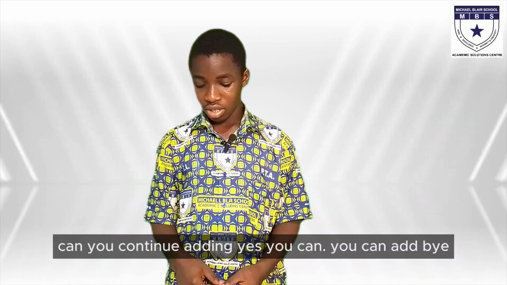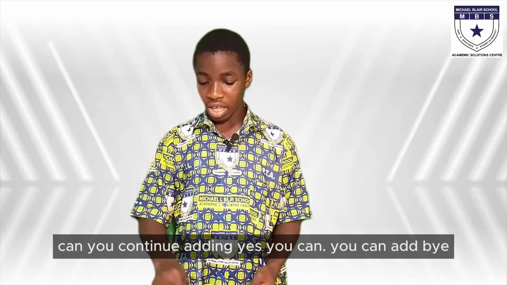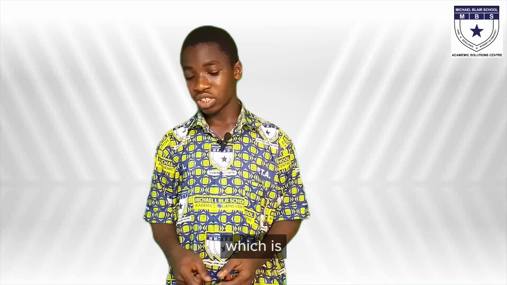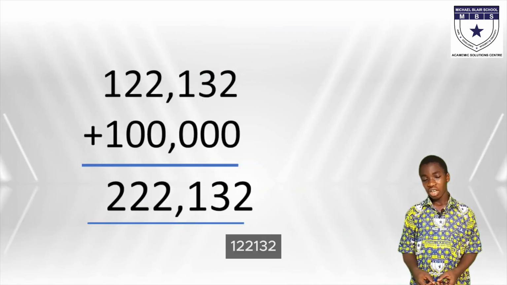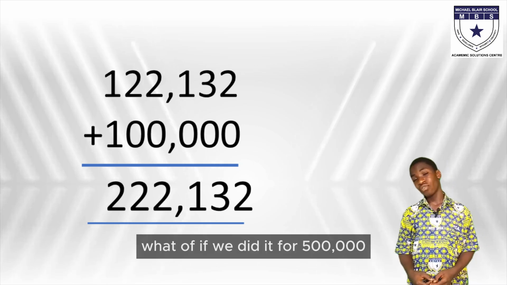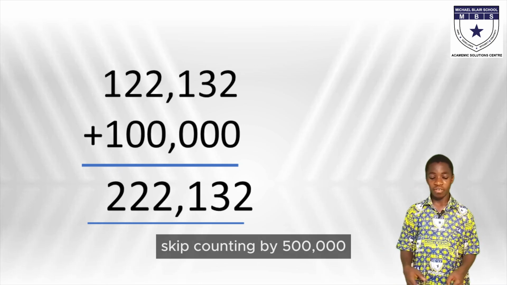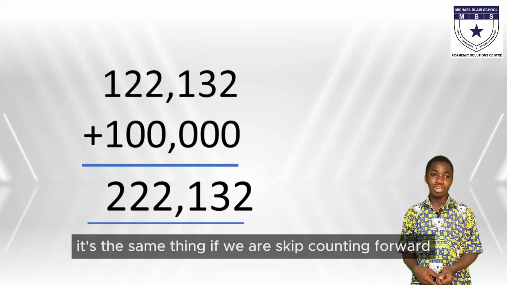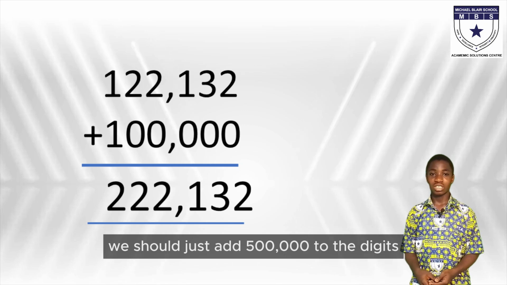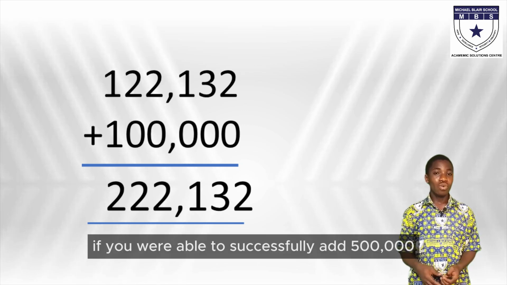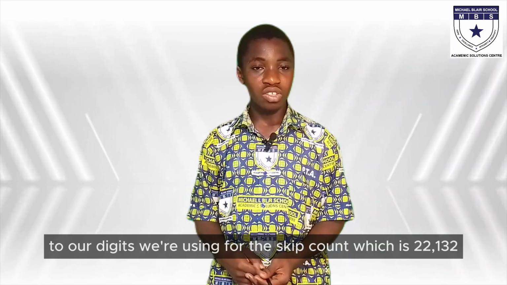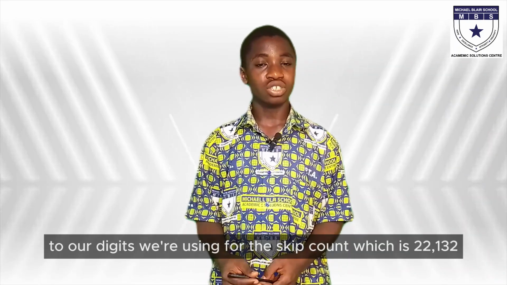Can you continue adding? Yes, you can. You can add by adding 100,000 again to the answer we got, which is 122,132. What if we did it for 500,000? Skip counting by 500,000. It's the same thing. If we are skip counting forward, we should just add 500,000 to the digits. If you were able to successfully add 500,000 to our digits we were using for skip count, which is 22,132,